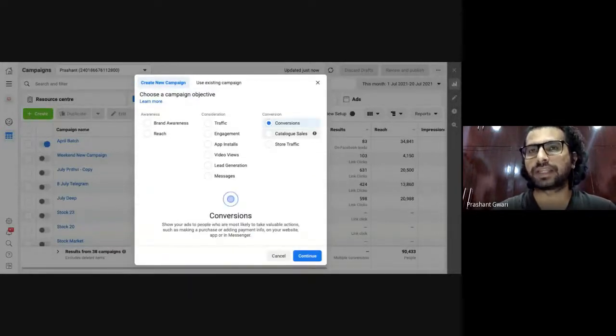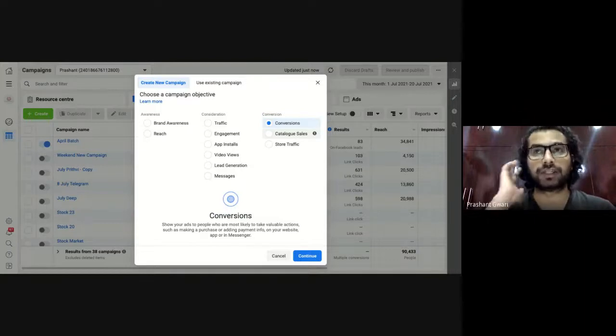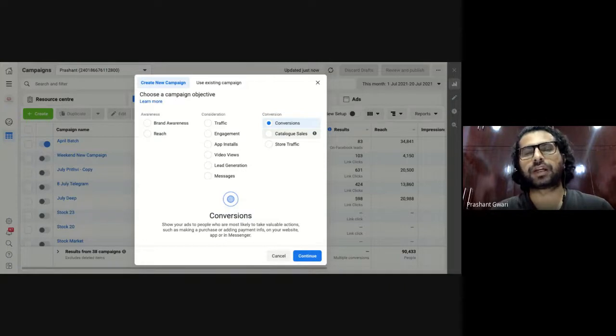What is a conversion? Basically, conversion means someone reaching your website and finishing the goals you have set up. If the goal is collecting leads, it is someone clicking the submit button. If the goal is to make a purchase from your website, then they are filling in the payment information and confirming their order. So that is the conversion. Your conversion can be anything. My conversion is website traffic. My conversion is lead generation. My conversion is adding a product into the cart.